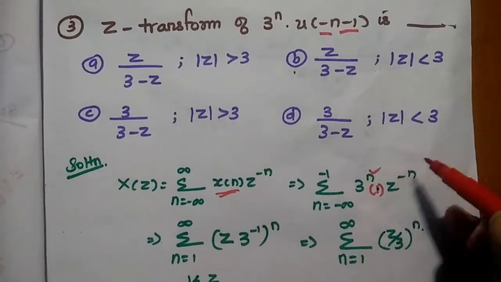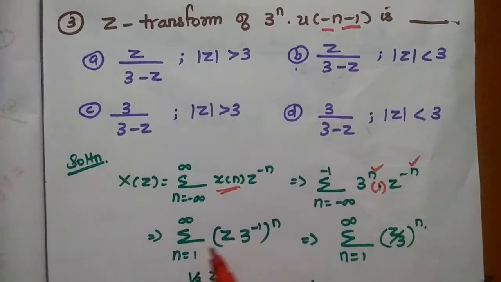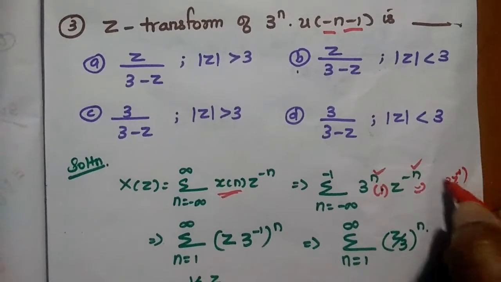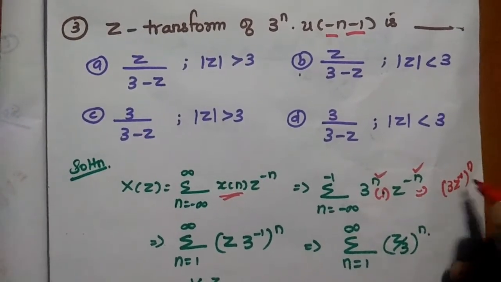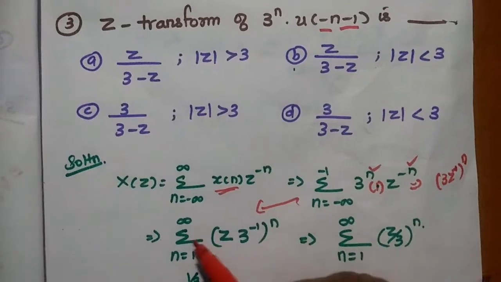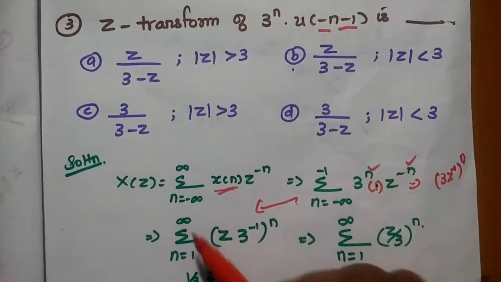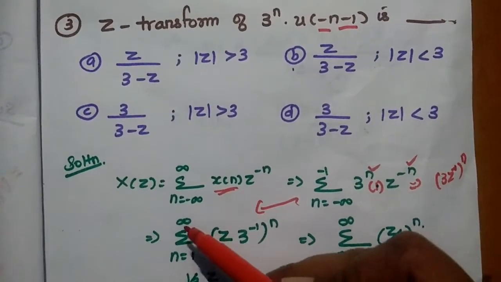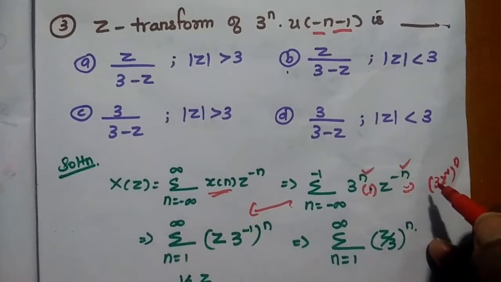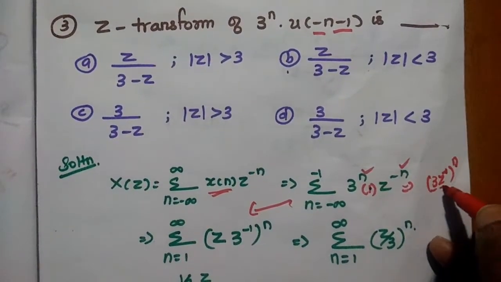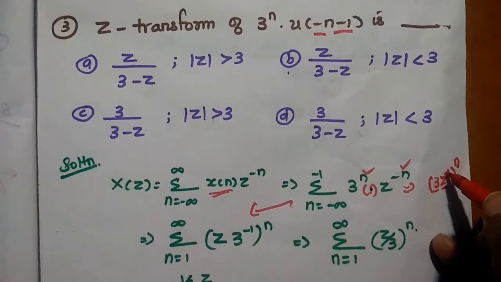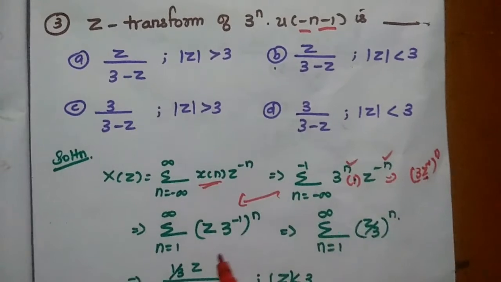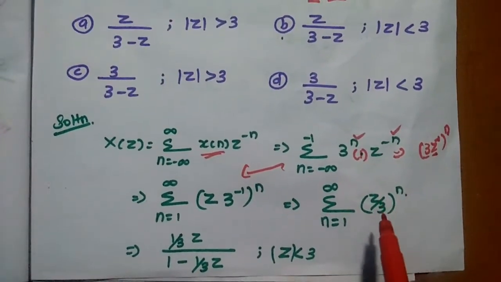And then we are taking the n as the common one. So summation, we can write this as 3z power minus 1 the whole power n. Correct. But in the next step, we are going to change the limit from 1 to infinity for simplification. So here it is minus infinity to minus 1. That can be changed to 1 to plus infinity. At that time, the power of these values can be changed. So that's why that z power minus 1 is replaced as z. This 3 is having the power minus 1 the whole power n. This can be written as z by 3 the whole power n.